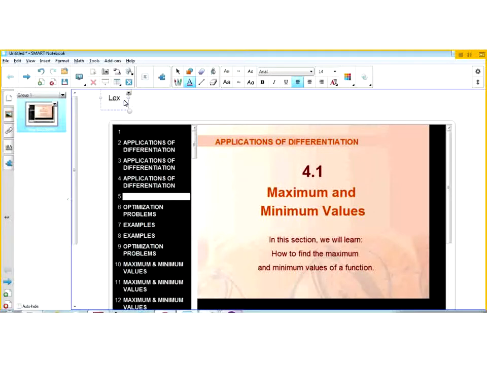So we'll call this Lecture 4, Part 1. Okay, and this will be an introduction to applications of differentiation. Okay, now, so we'll start off with a discussion of what maximum and minimum values of a function are,